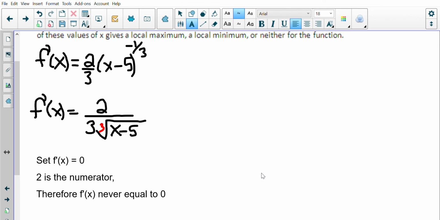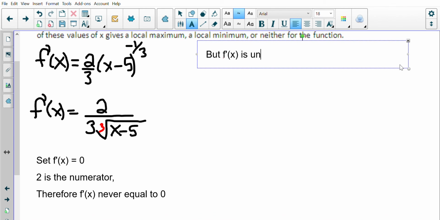But f of x is undefined, because now we're looking at when the denominator is equal to 0. If I put a 5 in here, 5 minus 5 is 0, and then our derivative is undefined. So f of x is undefined at x equals 5,